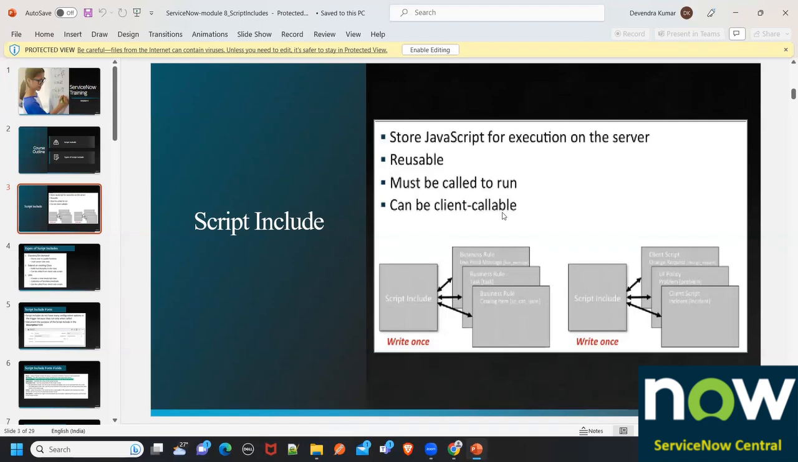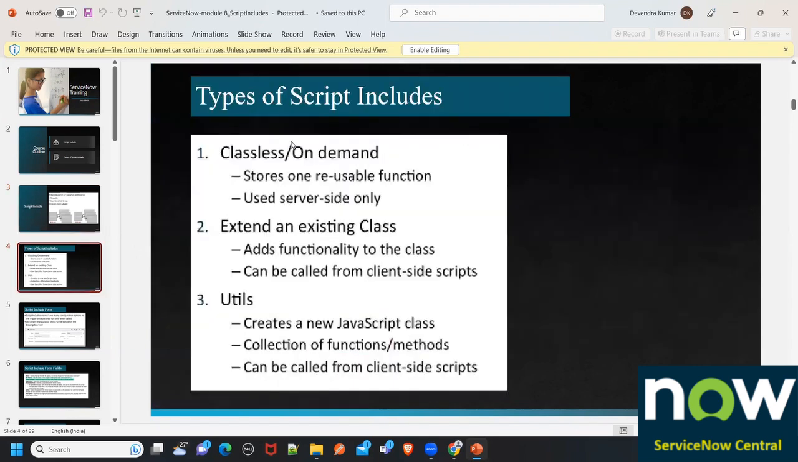So I told you already that script includes, depending on the type, are server callable, and they can be called from client callable as well. They are client callable as well. Majorly, script includes, guys, this is one of the most important parts, and 100%, if you are looking